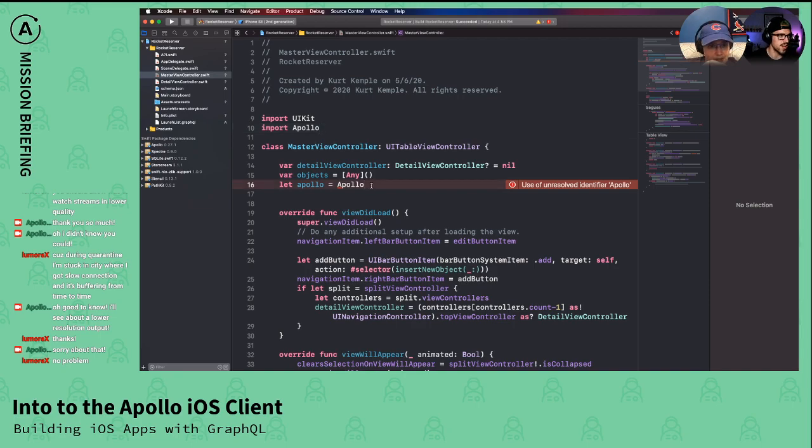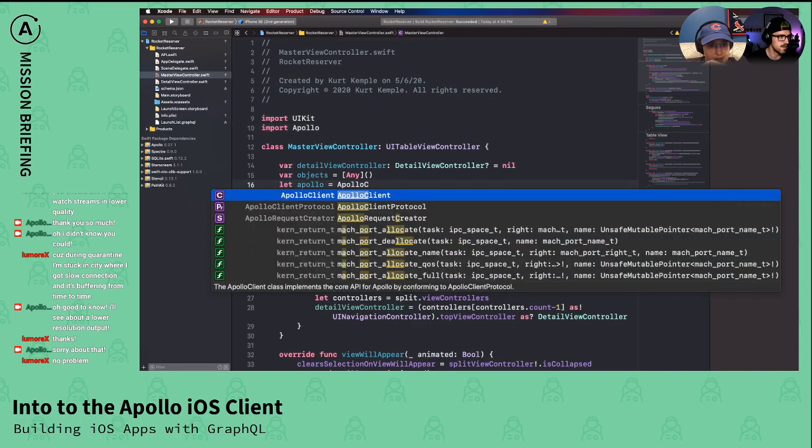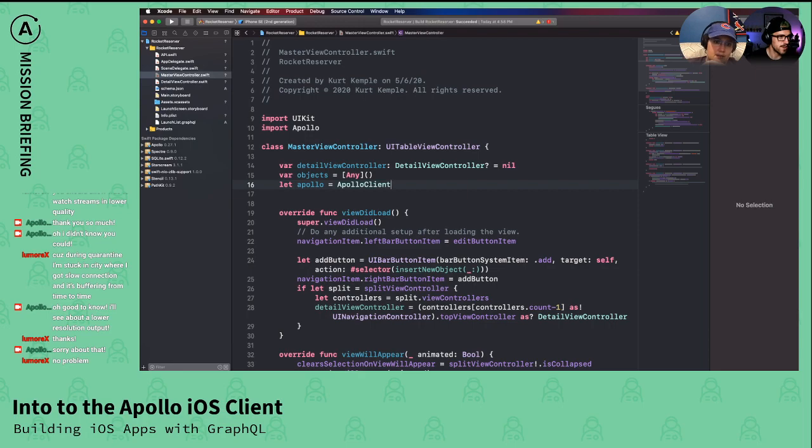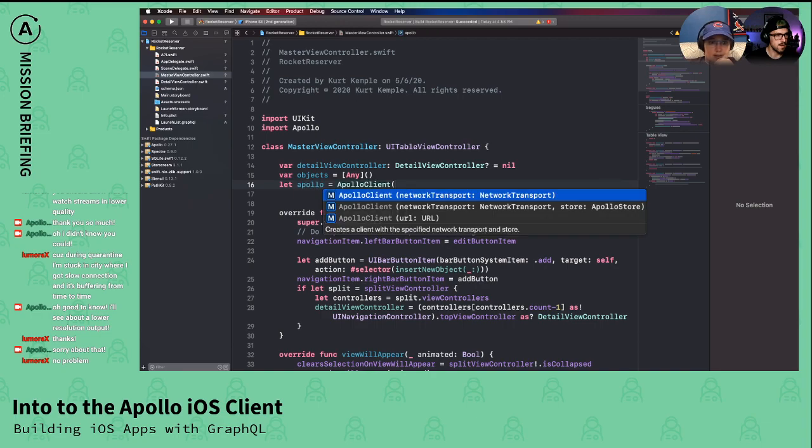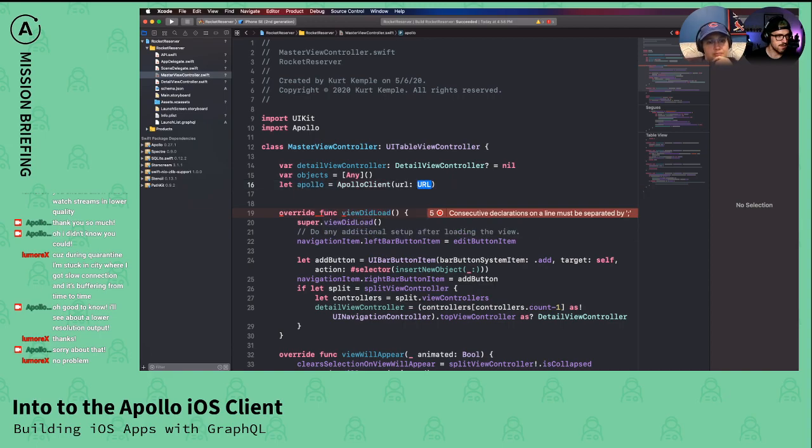Now I'll start getting autocomplete. ApolloClient, yes. I don't think it's going to take the no-argument initializer, so delete, backspace. We just want to keep it as it is right now. Oh, there we go. And then do an open parenthesis. And then there we go. So ApolloClient with a URL, and this is where we're going to put